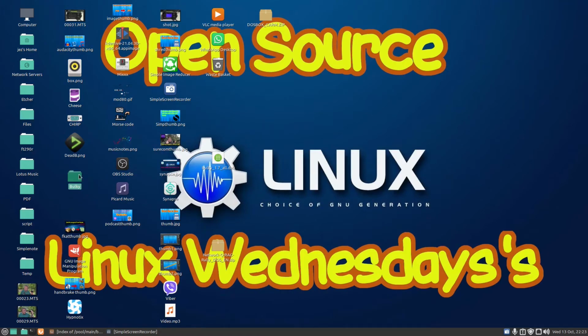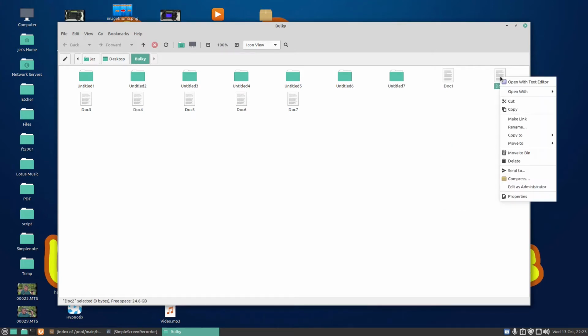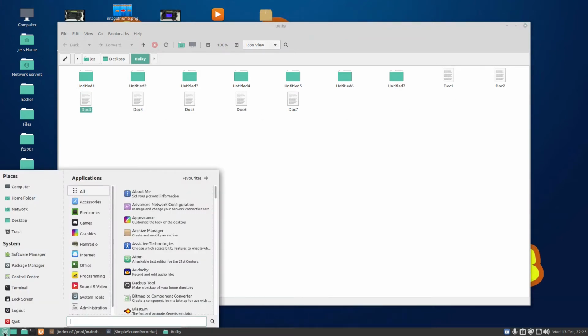Now if we go to my folder I've created called Bulky, you'll see here we've got documents 1, 2, 3, 4, 5, 6 and 7. Now if I wanted to rename them to text 1, 2, 3, 4, 5, 6, 7, I'll just go ahead and go rename, right click, rename, right click, rename. But Bulky allows me to rename these very easily. So if we run Bulky